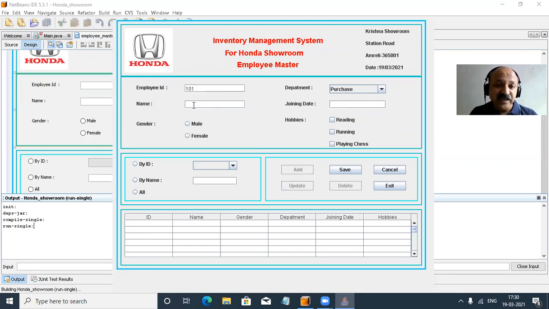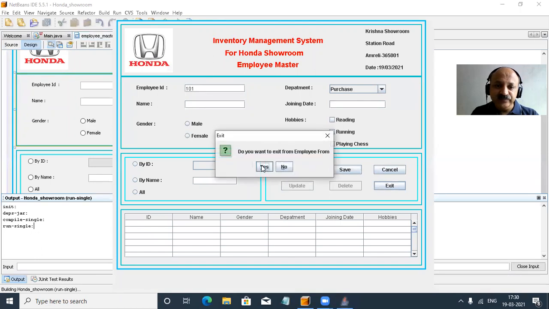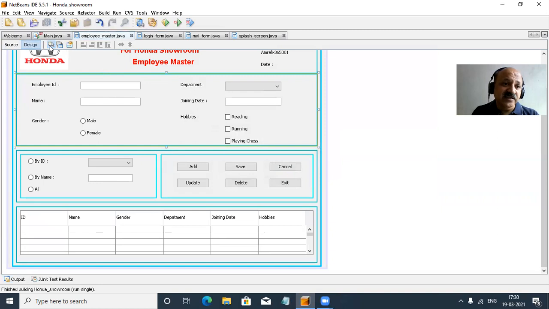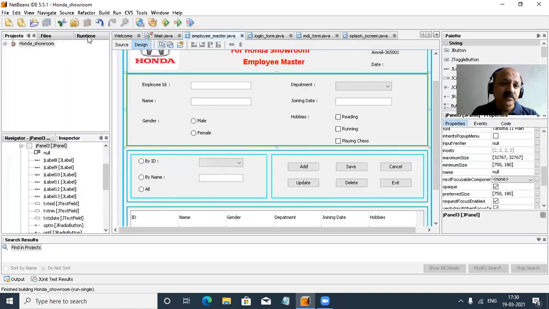I press the tab, and the next outcome, meaning the next field, the user can select. So let us first select it, so that our sequence is perfect. So yes, I exit, and we can just set a property, not any coding.